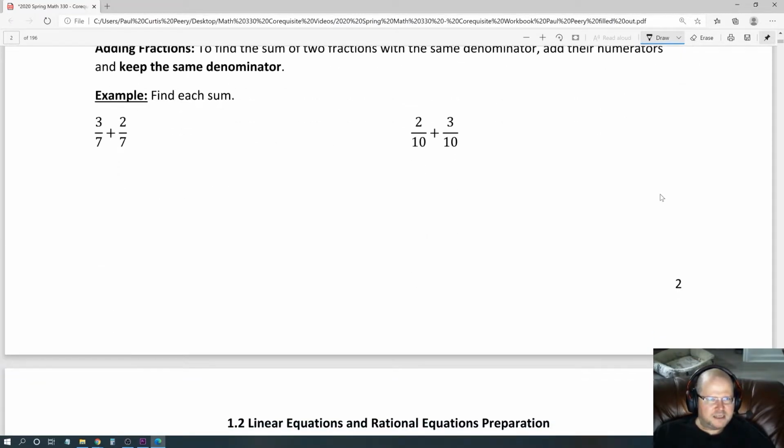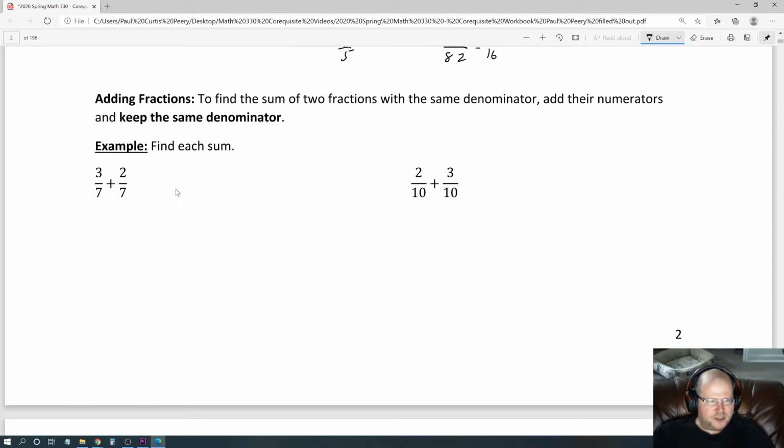Okay, now let's say we're trying to add fractions together. You cannot add fractions together unless the denominators match. So here the 7 and the 7 match, so I can just add the numerators together. I'm going to write this extra step, but you don't have to. So I'm really just adding the numerators 3 plus 2, and they're all going to go over the original denominator